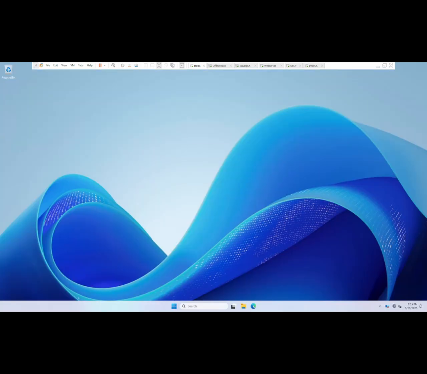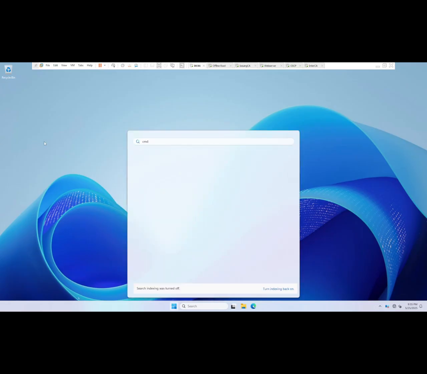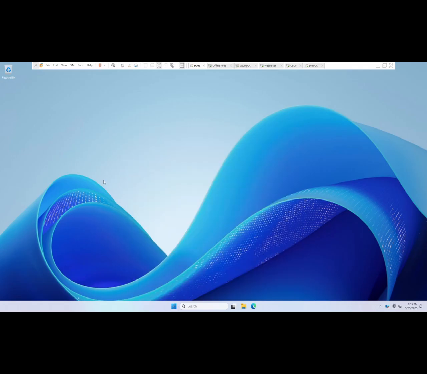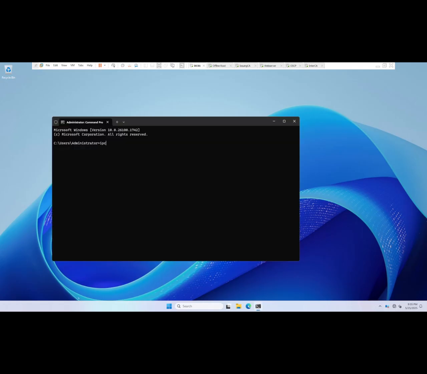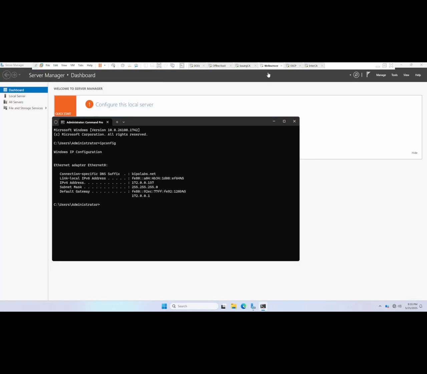I'm just going to double check that one more time. Going to do ipconfig, and we can see the IP address is 172.0.0.2. So the DNS services that our web server should be talking to should be